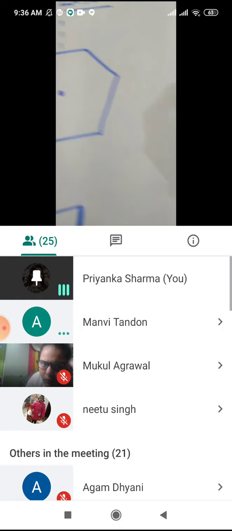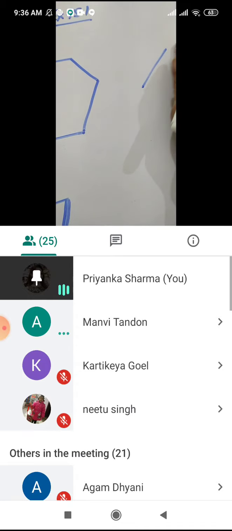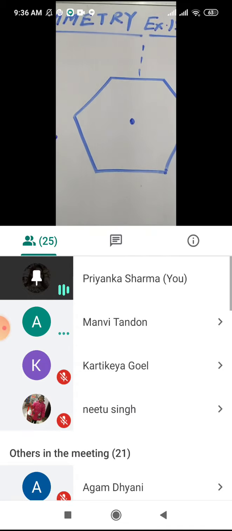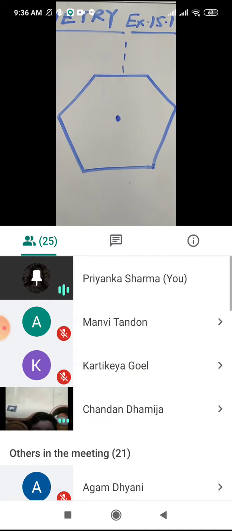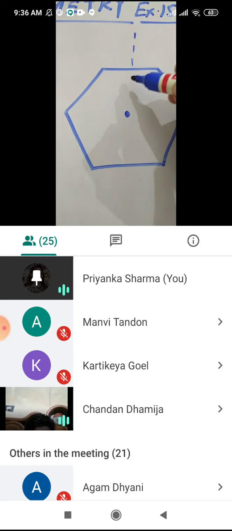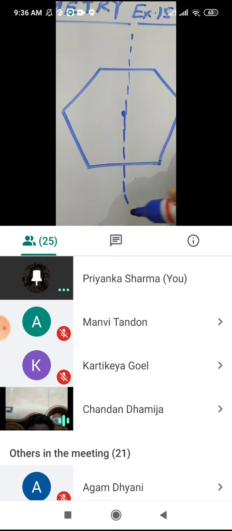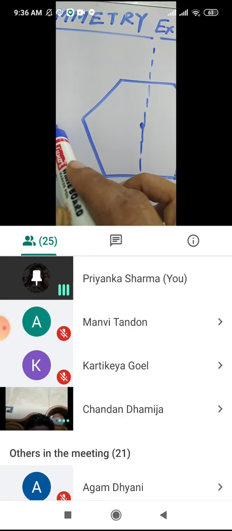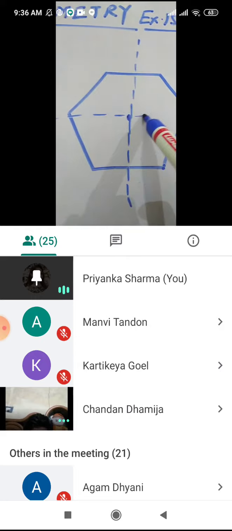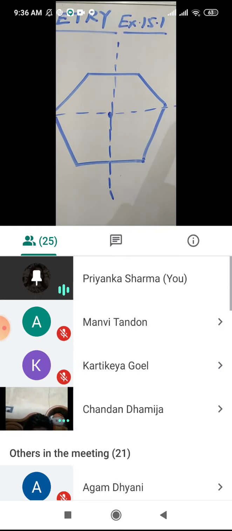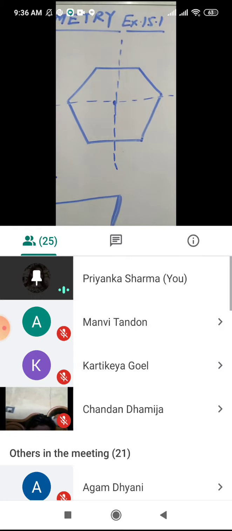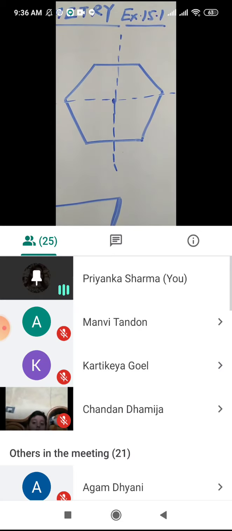In the book, you can make another diagram also of six sides. Doesn't matter, a pentagon, a hexagon. A six-sided figure is called the hexagon. I will tell you that also. Okay. Hexagon has six sides, pentagon has five sides. The main thing is that you should know how to divide a figure, how to draw a line of symmetry.